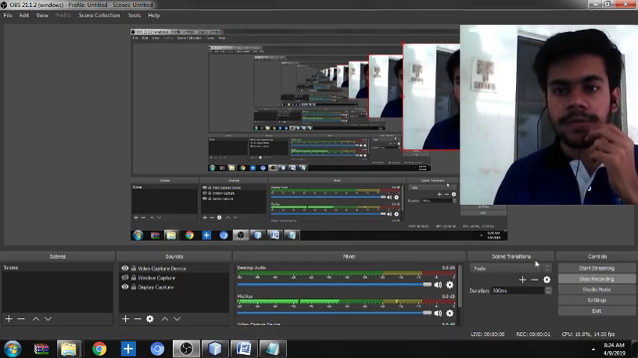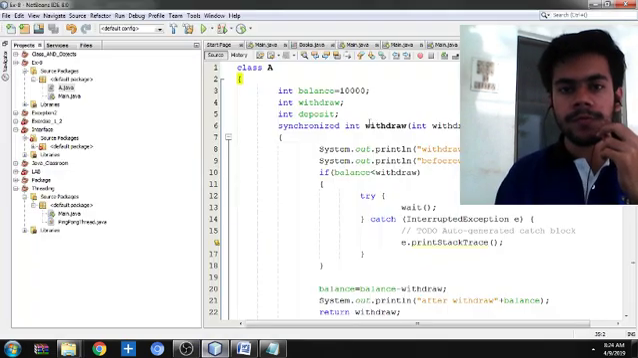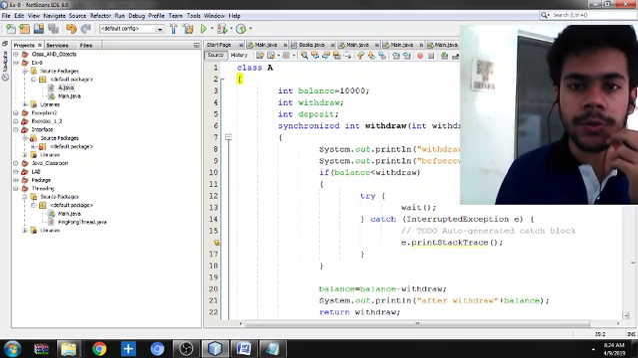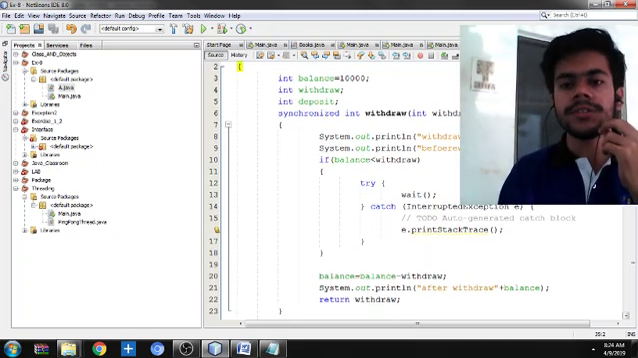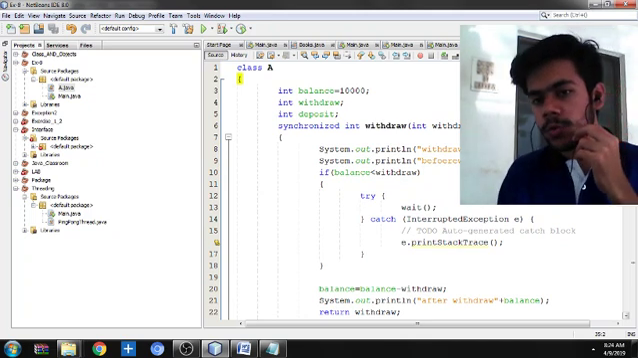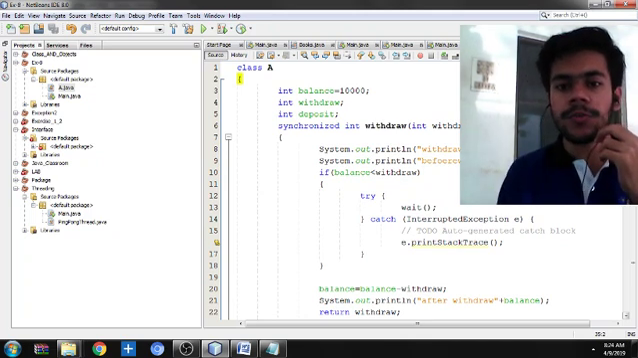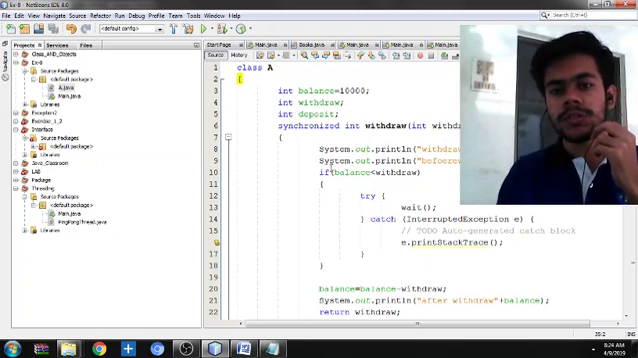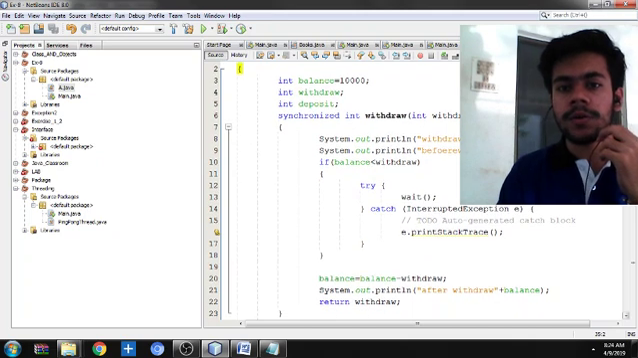Good morning all. This is our second program in inter-thread communication and multi-threading, and now we will see our second program, that is accounting. In this program we are creating a class A, and we are defining the predefined value of the balance as 10,000, and we are showing the messages that before withdrawal the amount is this, after withdrawal the amount is this. So this is what we are going to show here, and that's why we have to use synchronized